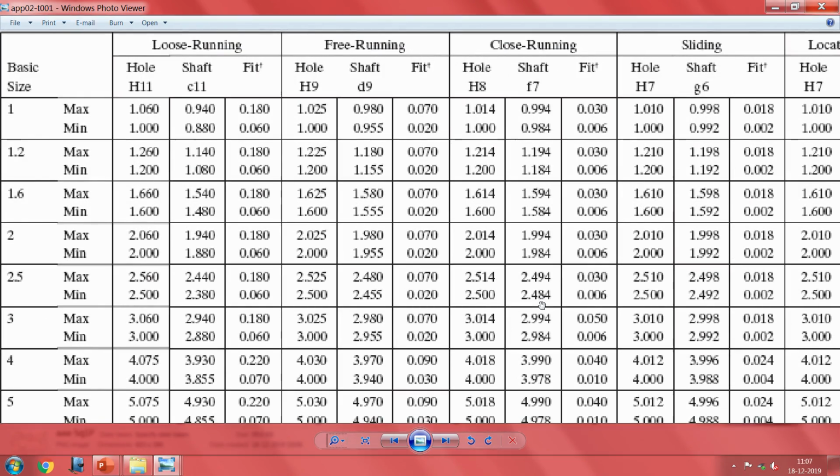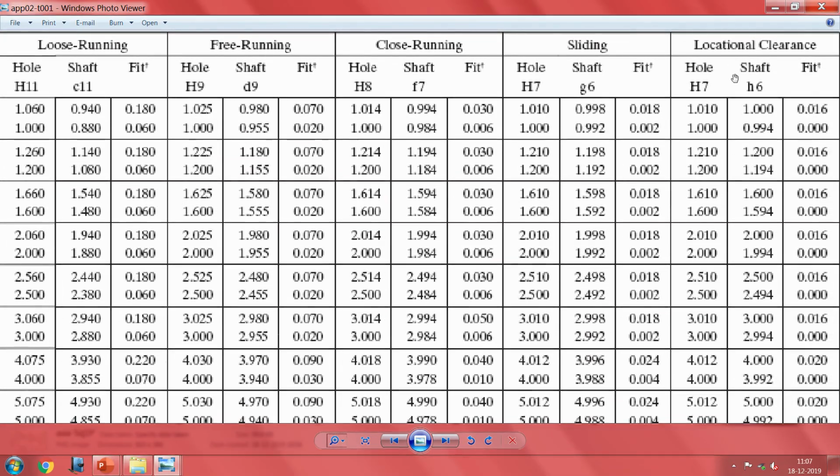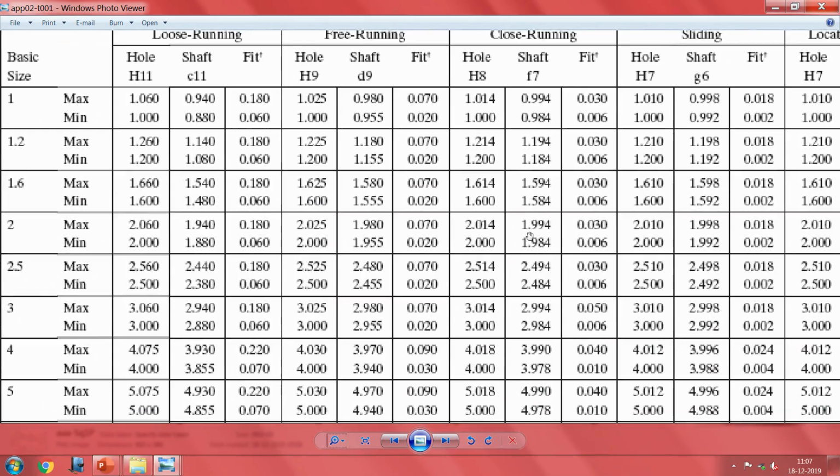No. Depending on the type of application, we have things like loose running, free running, close running, sliding, locational, clearance shaft, and depending on the basic size, the variations that are allowed have been given here. You have seen this, no?